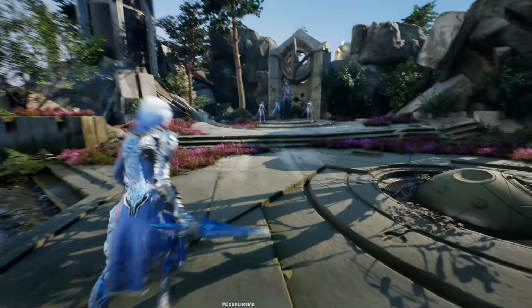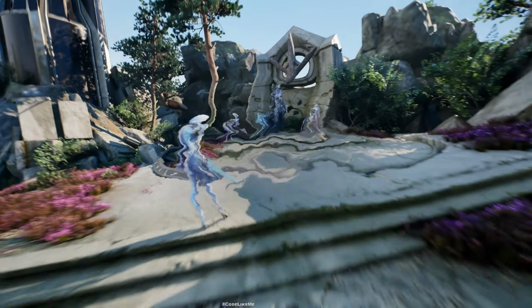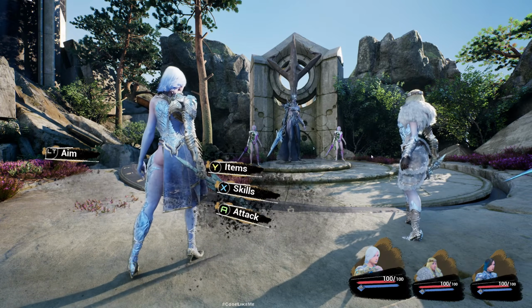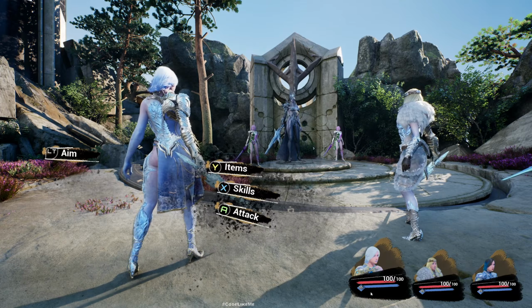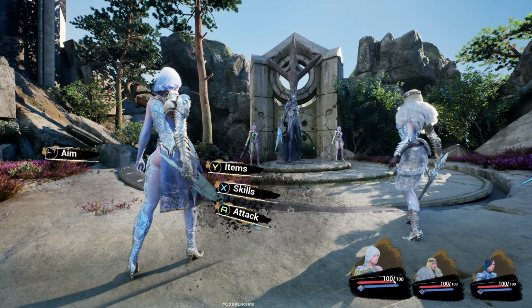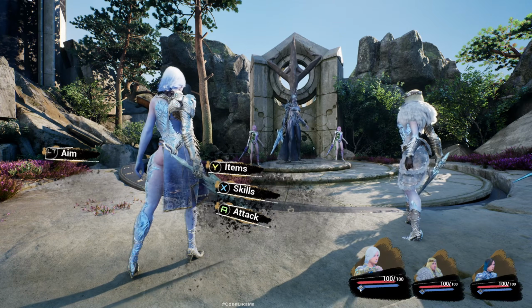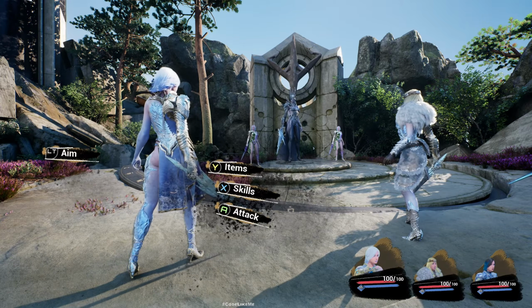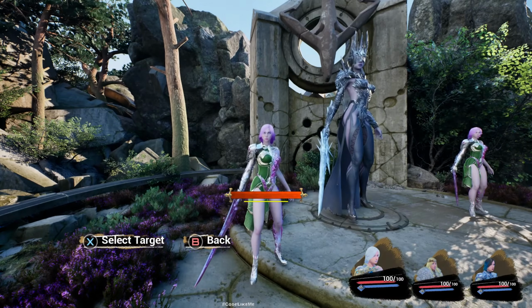Hello everyone. So today we are going to work on how to bind actor attributes of the characters of the player party into these widgets. Now as you can see here, health is 100 out of 100, ability points 5, and both the health bar and ability points bar are full. So if I perform an attack,